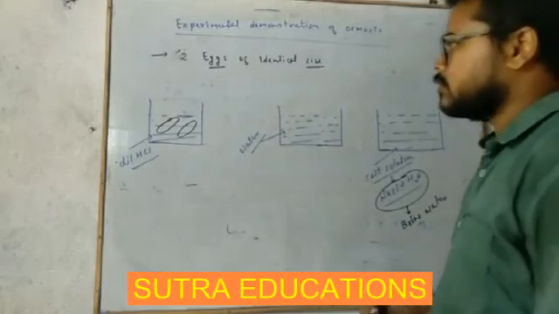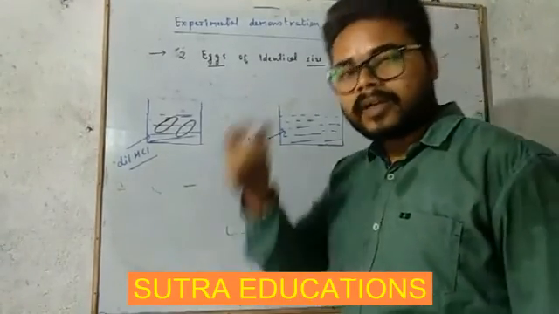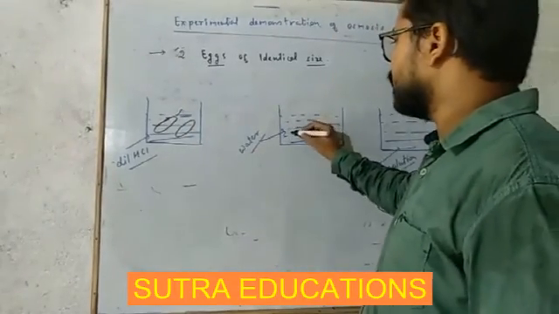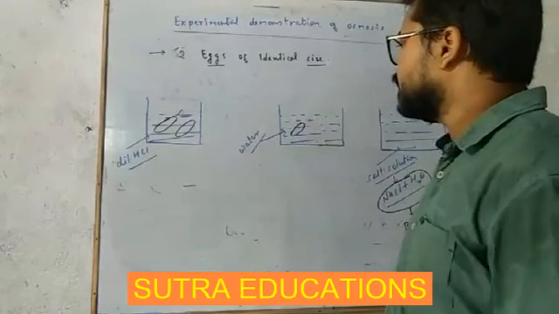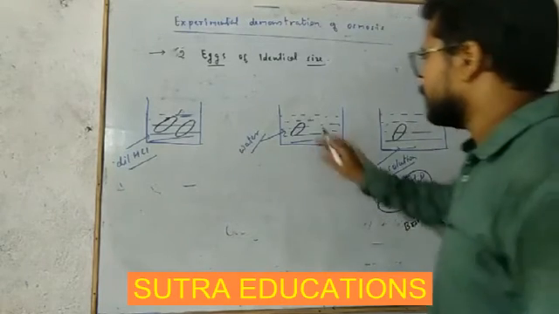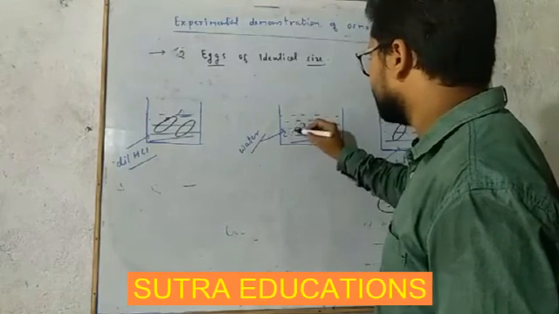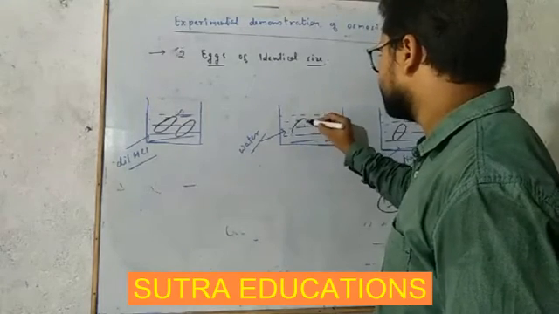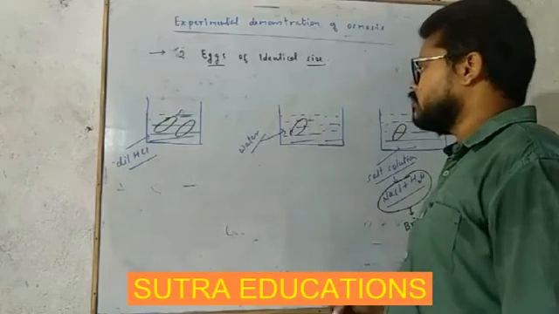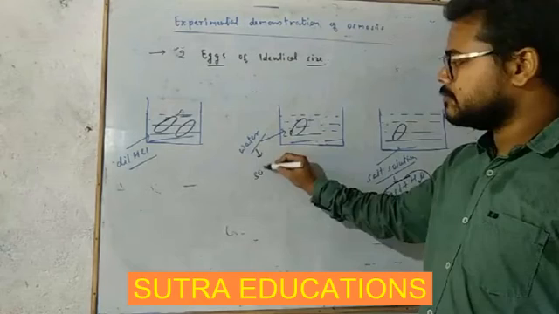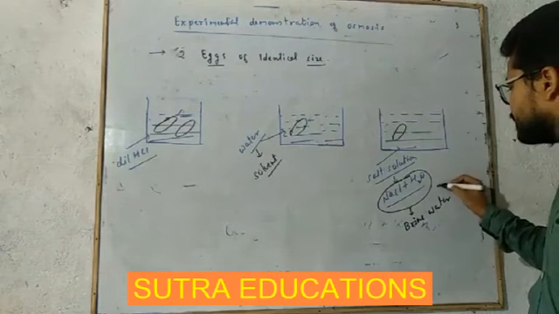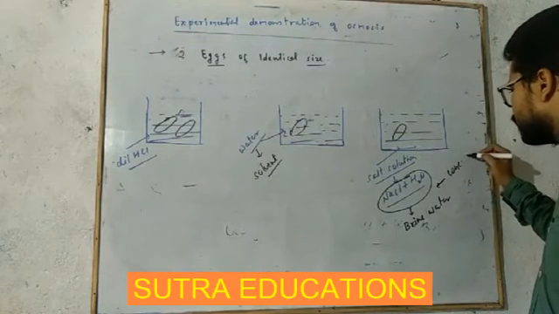Okay. So we have two eggs. We have removed the outer shell of the egg. So place one egg in water and the other egg in this salt solution. These two eggs are identical in size. Now here it is water, meaning it is pure solvent. Here it is brine water, meaning it is a concentrated solution.